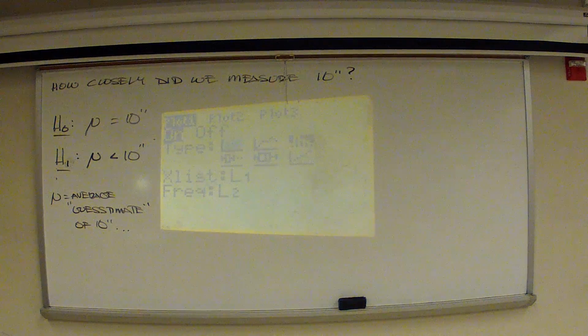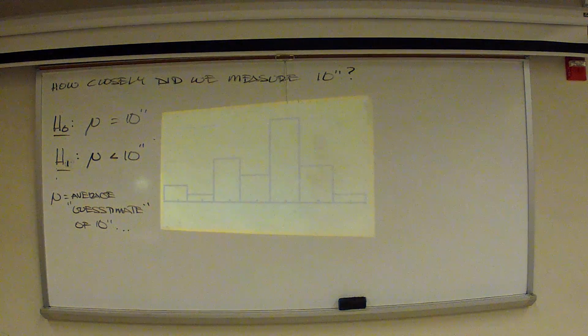There is a requirement on the shape of the data. It should be roughly bell-shaped. I say roughly because that's not the hugest deal. The hugest deal really is the outliers, because they really start yanking the average around. Proportions don't care. Michael, you brought up this last time. Proportions don't care because those smallest values are just the smallest values. It doesn't matter how far small they are. That's why you don't have to worry about testing that kind of thing on the exam you just turned in. When you're testing averages, you really should look at the data and make sure that it's roughly bell-shaped, but more importantly, no egregious outliers.